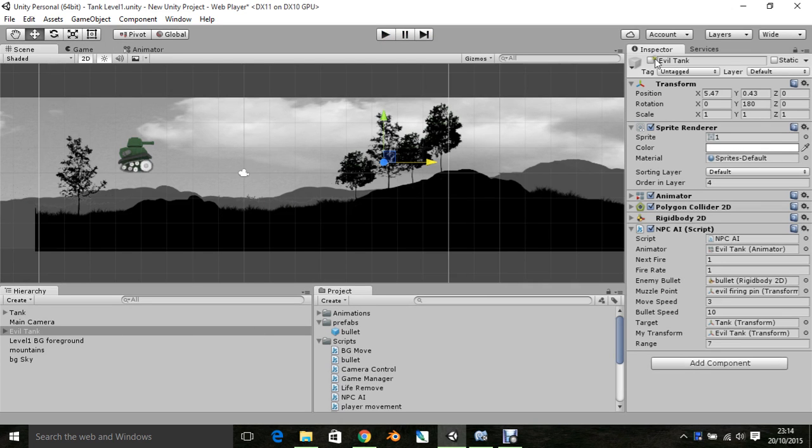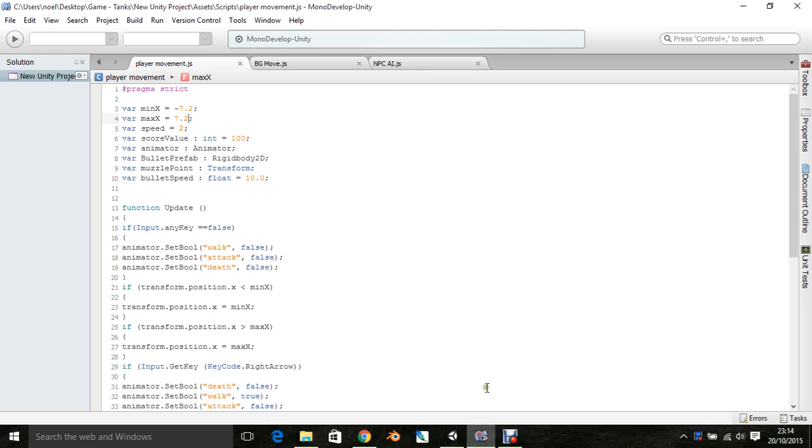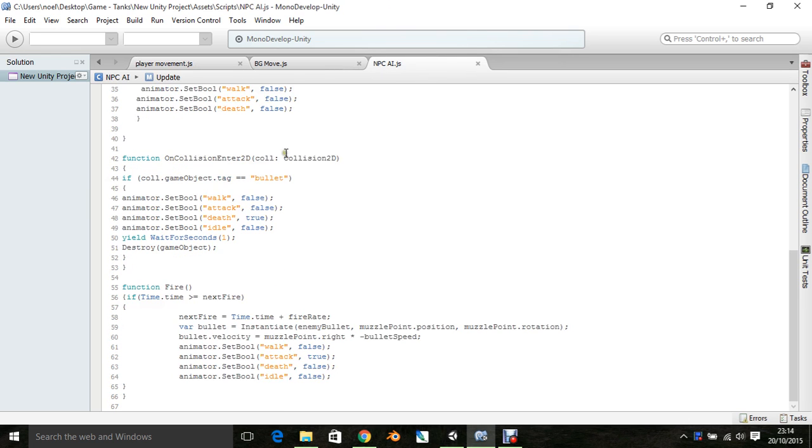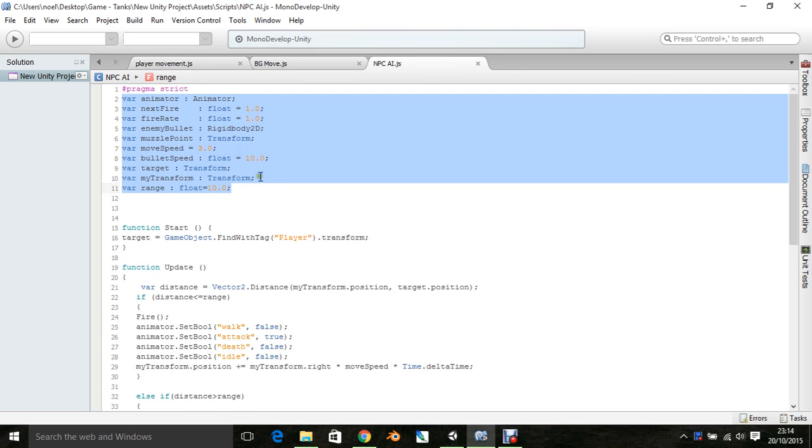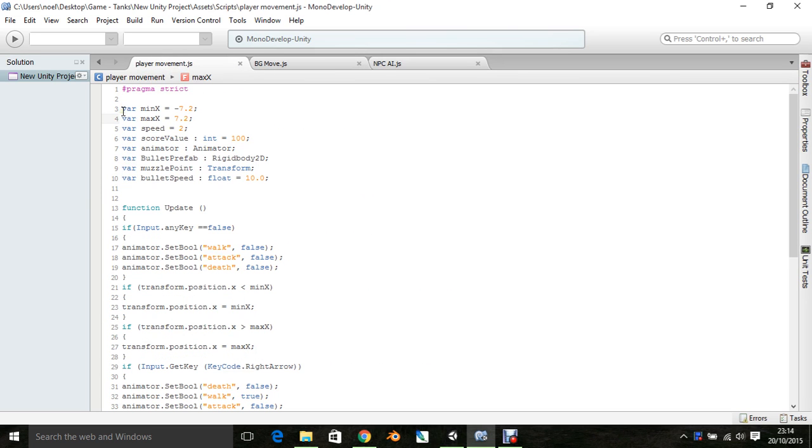Okay, so let's turn our evil tank back on and have a look at that. This non-player character script is quite complicated, so let's get stuck in and have a look at it. It's already open and running in development, and basically I have it made already. Let's have a look at what the variables are at the start. A lot of them are just copied from